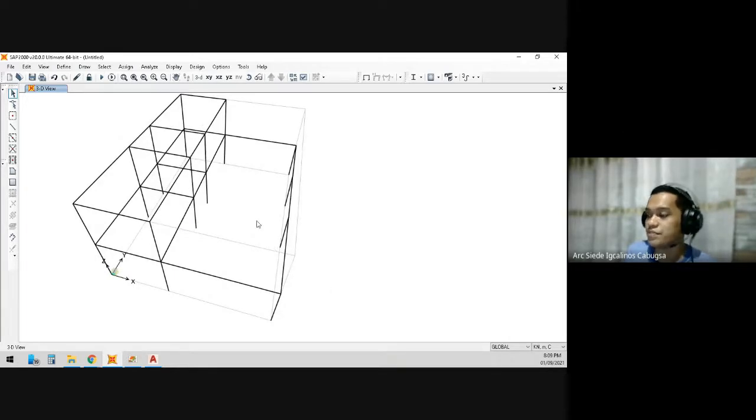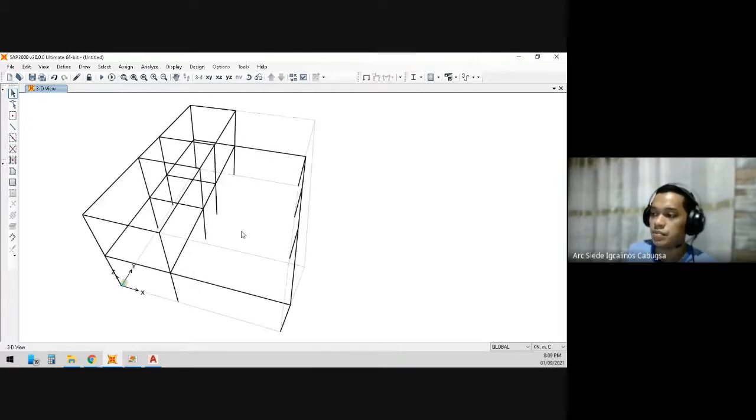Okay. So moving forward, we have now a model. If you have questions, if you have concerns, just raise your hand, so I can address it directly. Depending on the preference of the structural designer or the structural engineer, you have the option to model the tie beam or not. So for me, I do not model the tie beam in my